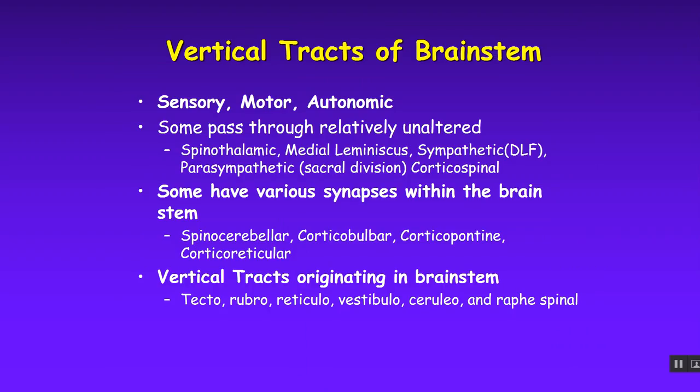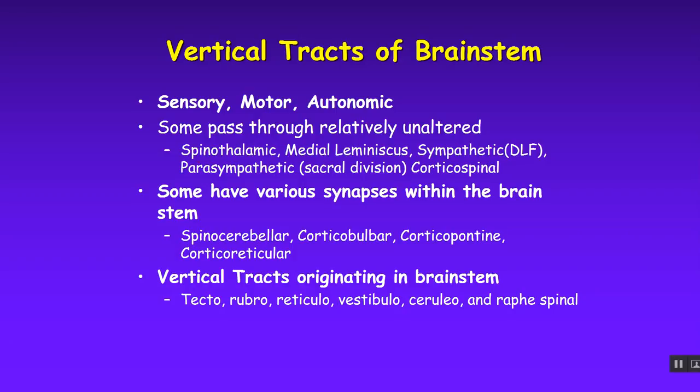All right, so brainstem. We know we have a lot of nuclei in the brainstem, but we also have vertical tracts that run through. Some of those tracts run through relatively unaltered. They pass right on through to go down to the spinal cord, or they're going up from the spinal cord right on through to go up to the cerebrum, and they don't make a lot of connections in the brainstem. However, a fair number of these tracts make some connections in the brainstem on their way to and from, okay? So the ones that pass through relatively unaltered are the spinothalamic tract, which runs up through the brainstem to the cortex, the medial lemniscus,